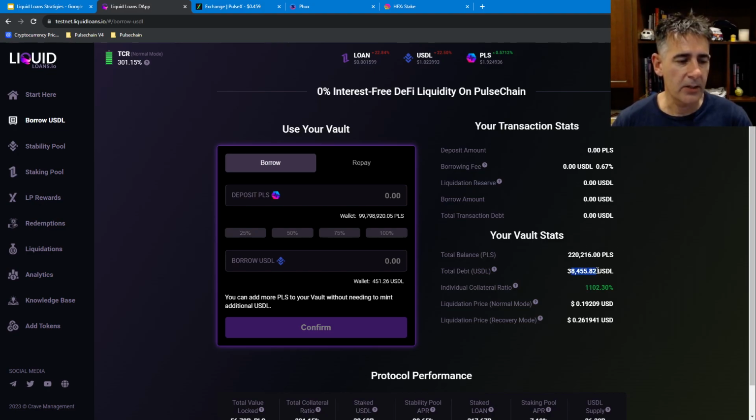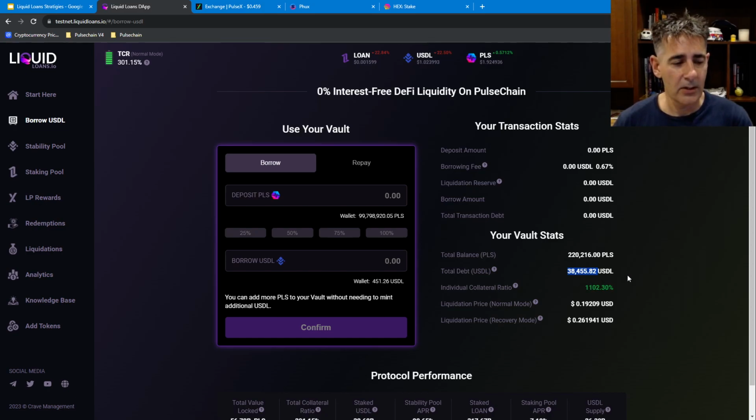Let's first of all understand the risks we've got here. We've got a risk here where we've got a total debt of 38,000 USDL. We've got to cover that debt if we want to keep our Pulse safe. So if the price of Pulse dips, let's just say it drops by 50% and now we're down to 500% collateral ratio. Still not too bad, still pretty healthy, but we'd be getting a little bit nervous because we've got to cover